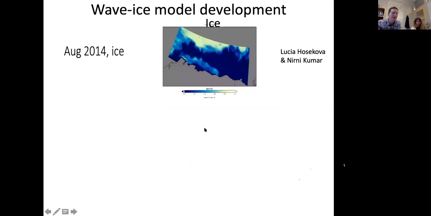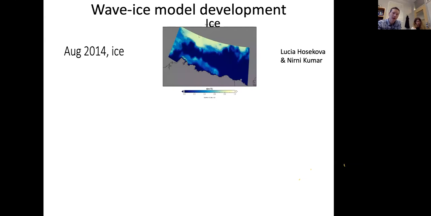And the really distinct thing compared to the prior modeling work is we're using a different wave model. We're using the SWAN wave model, which is much better suited for coastal work and being at very high resolution near the shore because of its time-stepping scheme, relative to the global wave model that we had been working with to add ice before. So 2014 there's an example in the summer when there was a lot of ice near